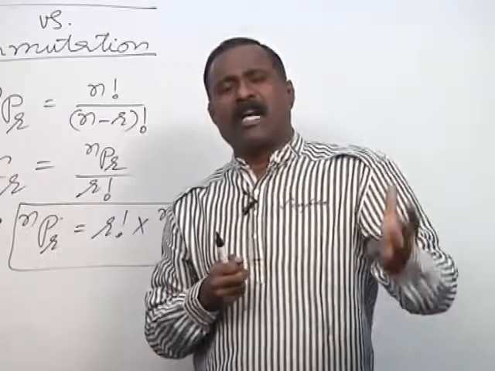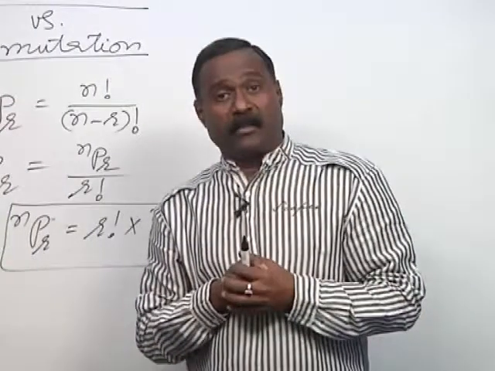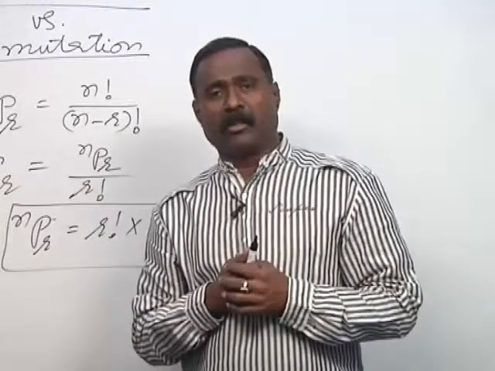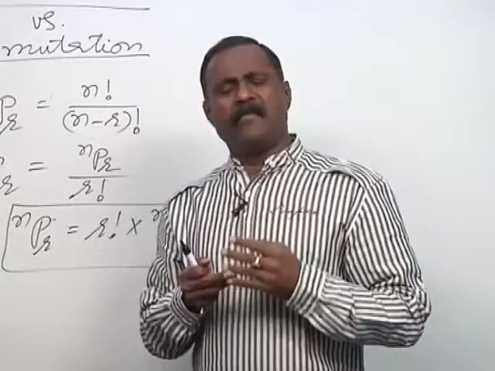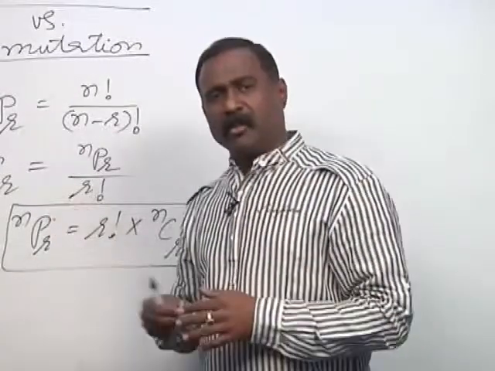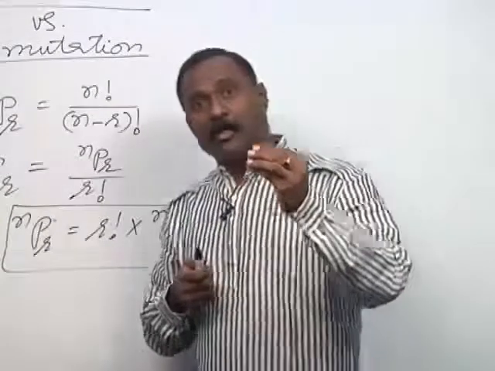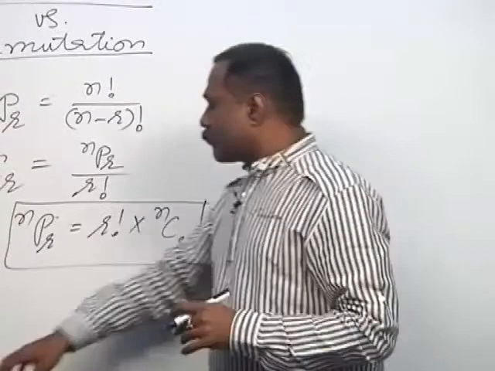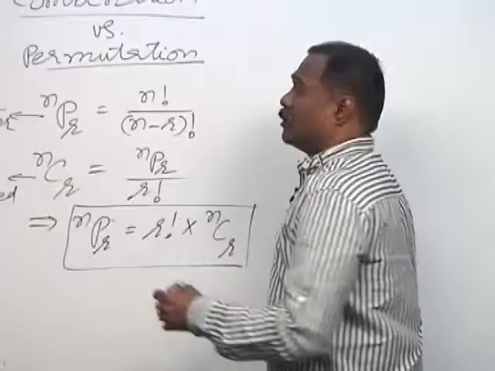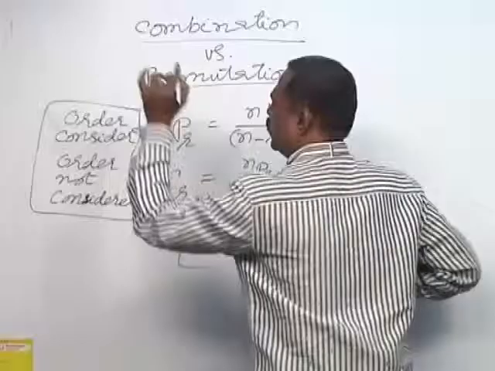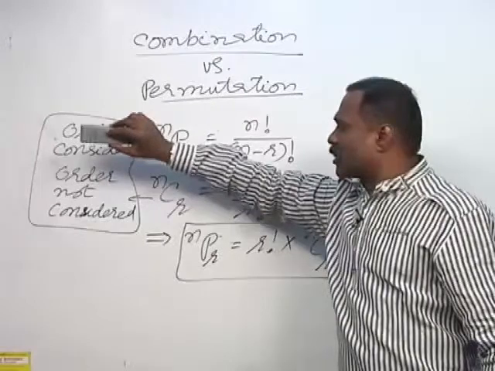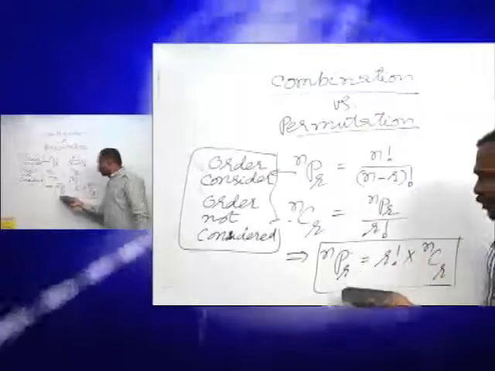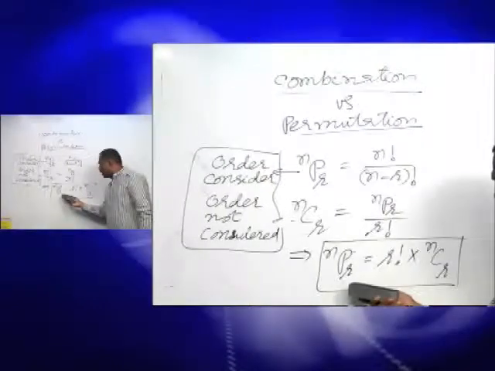Similarly, from your class a committee of 5 students is to be selected. Always remember, selection comes under combination. So for groups, teams, committees, and all this you have to apply a combination. Wherever the order of things is also to be considered, then you have to apply a permutation. So the difference between a permutation and a combination is this: order considered, a permutation; order not considered, a combination. The relation is nPr equals r factorial into nCr.